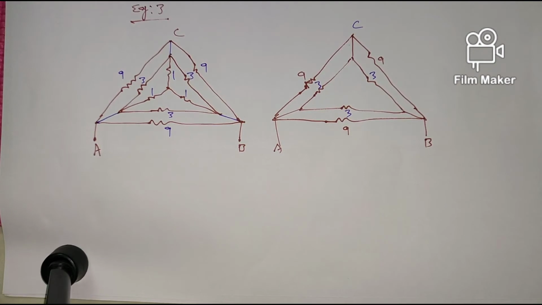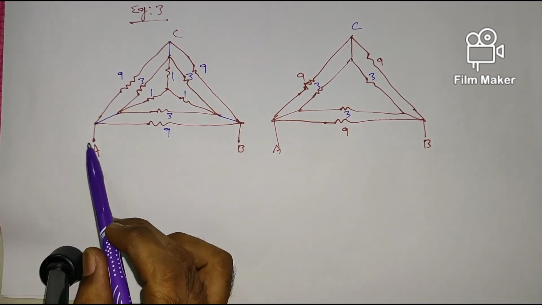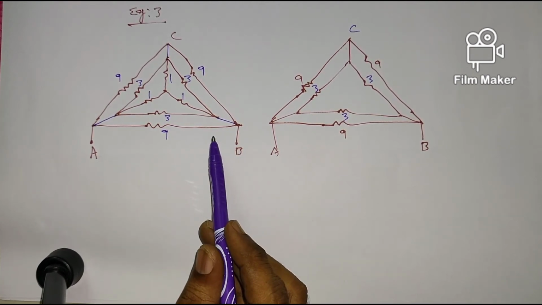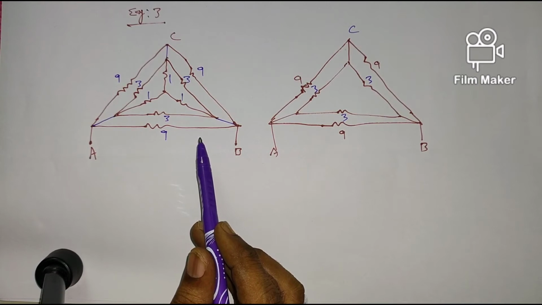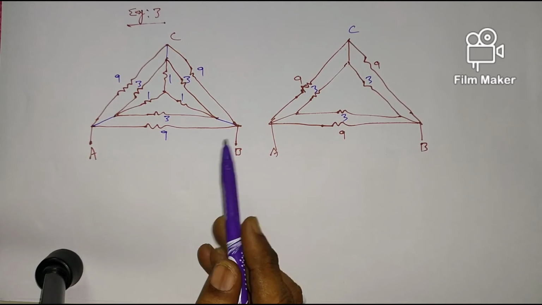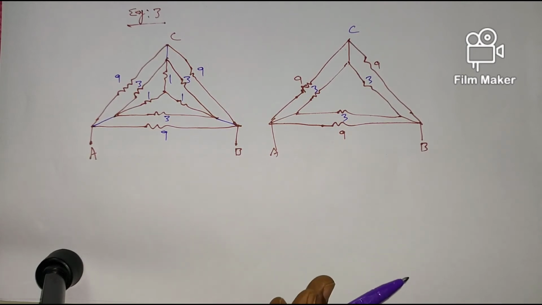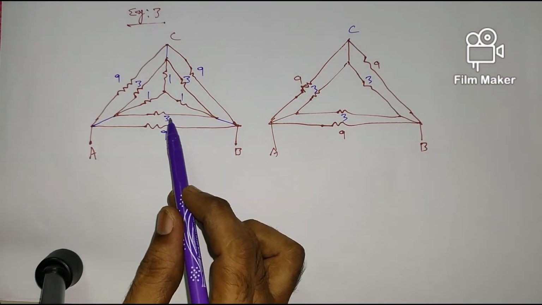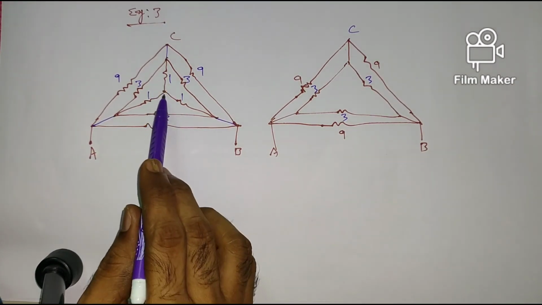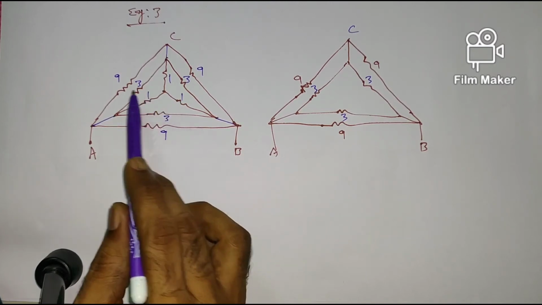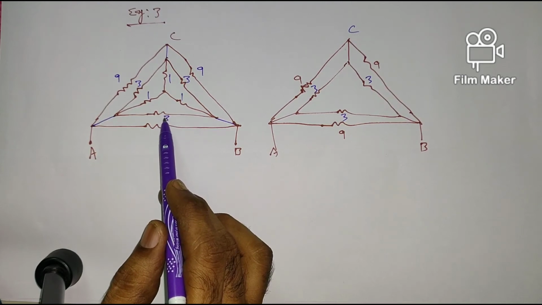Consider example 3. Here we have to find out the equivalent resistance between the terminals A and B. The circuit seems to be a little bit complex, but if you apply the star to delta and delta to star transformations, it becomes very easy for us to find out the value of resistance between the terminals A and B. For that, let me explain the resistances we are given here. This 1 ohm, 1 ohm, 1 ohm here are connected in star, 3, 3, 3 are connected in delta.